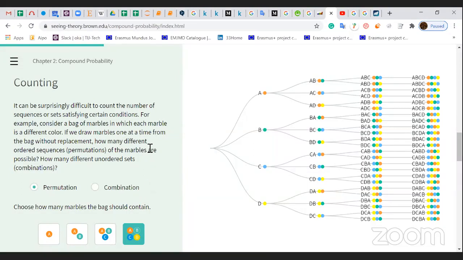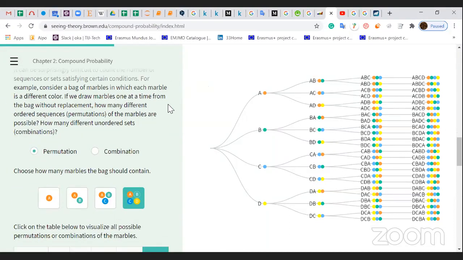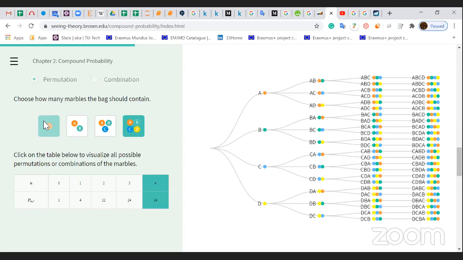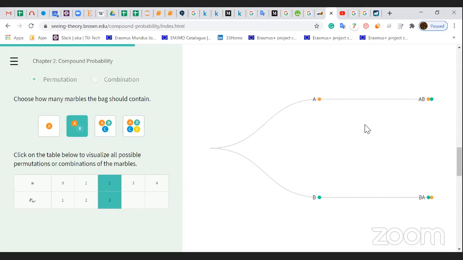So it says, from a bag of marbles in which each marble is a different color, if we draw marbles one at a time from the bag without replacement, how many different permutations or combinations can be formed? Right now we have selected 4 marbles, but under permutation, if we select the second box, that is A and B marbles, you can see that our permutation is AB or